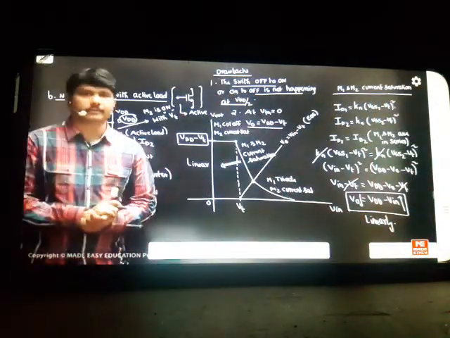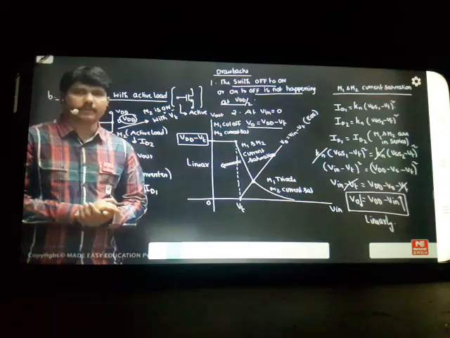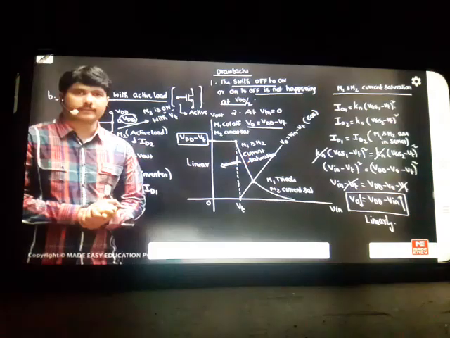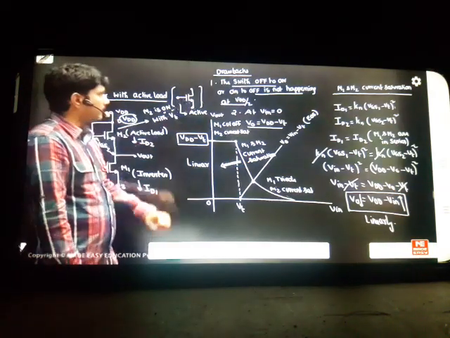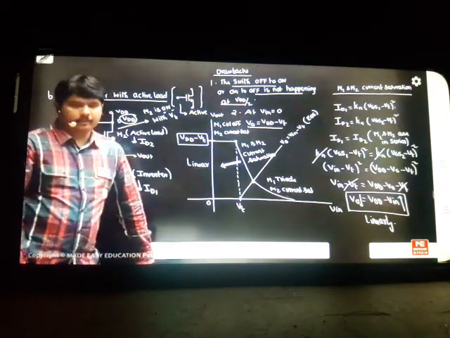So if I want a highest value of 10 volts, you might not get 10, you will get 9 volts, because the threshold voltage is 1 and we have to subtract it. So these are the two basic drawbacks we are seeing in this model.